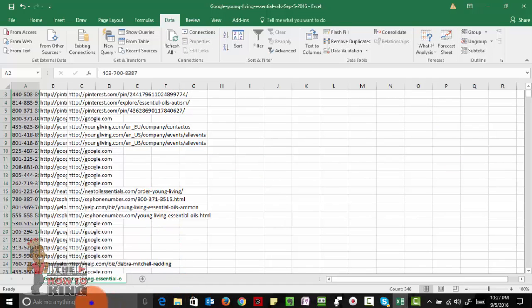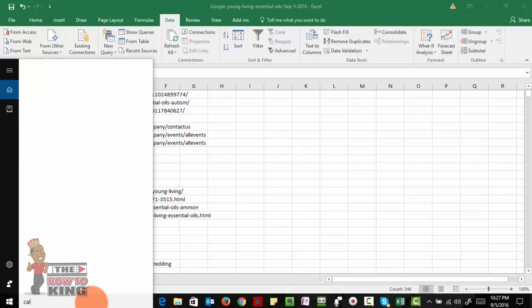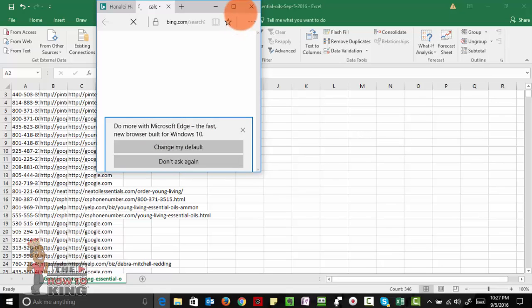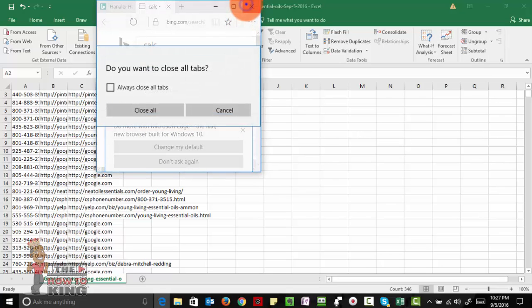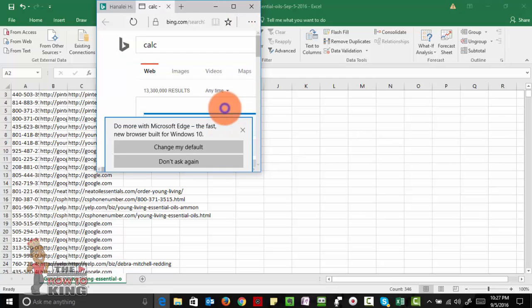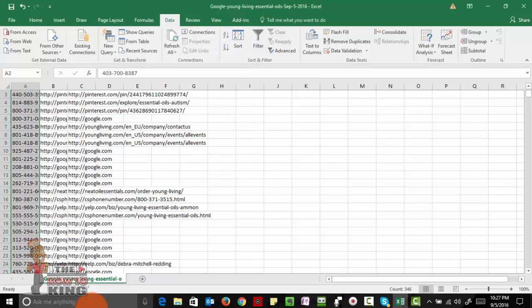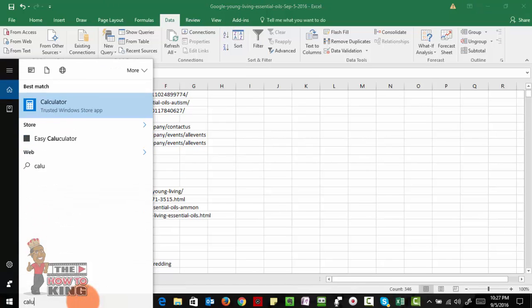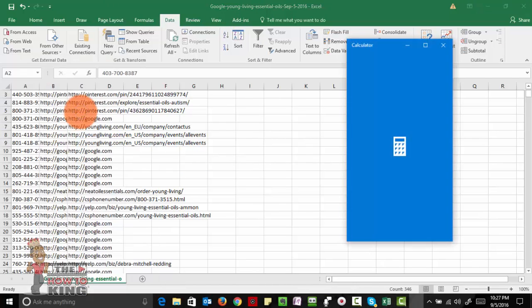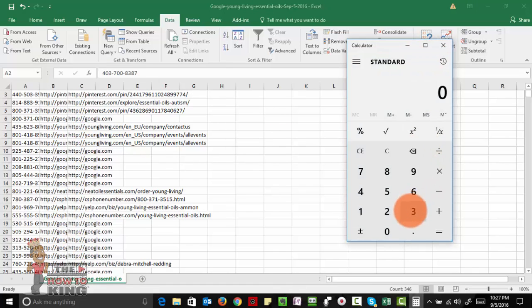Okay, so let's pull up the calculator really quick here, and we will give you the exact figure of how much you would have actually spent. All right, calculator. So we had 347 contacts. We want to multiply that by 3.5 cents, and we would have actually spent